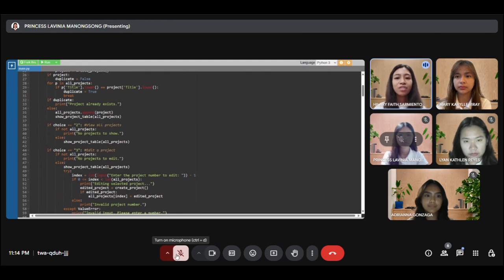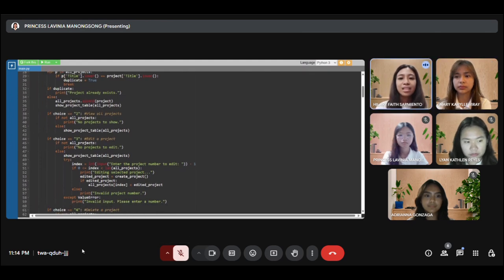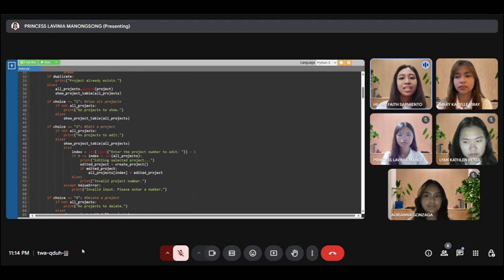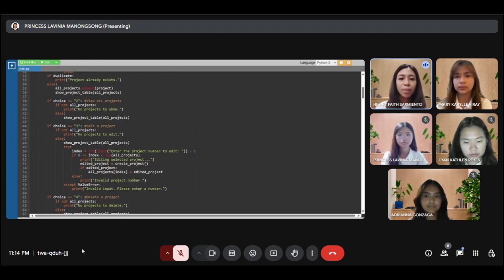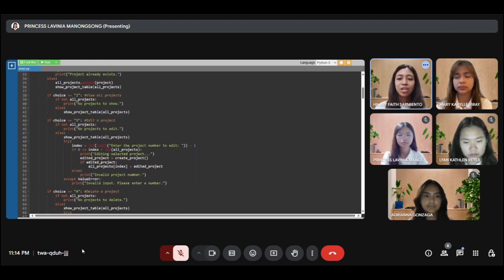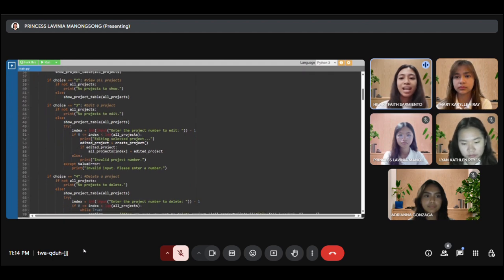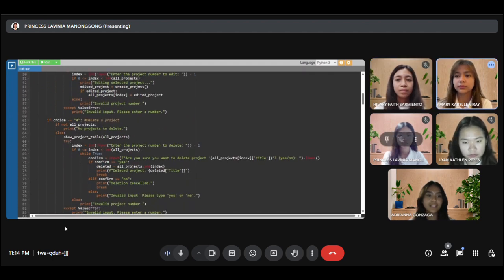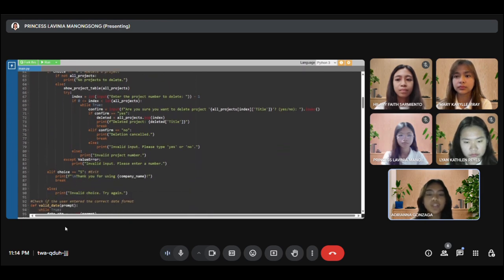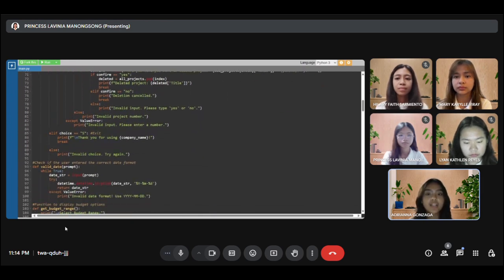To ensure valid date input, the validate function is used. It keeps prompting the user until a date in the correct year, month, day format is entered, using Python's datetime.strptime for validation. Now, in adding a project, when you choose to add a new project, the program asks for